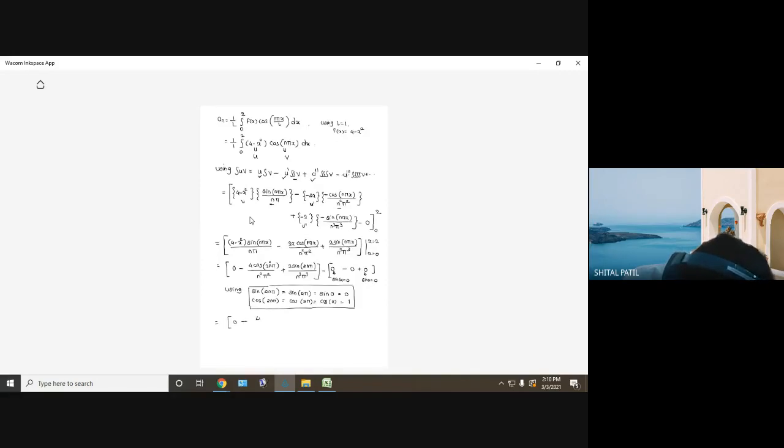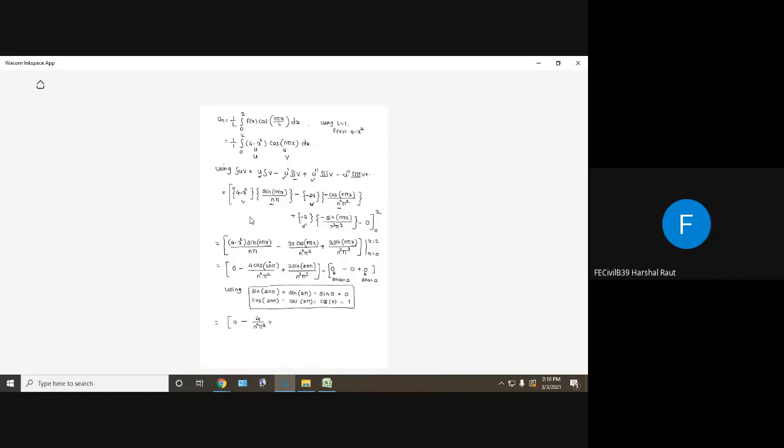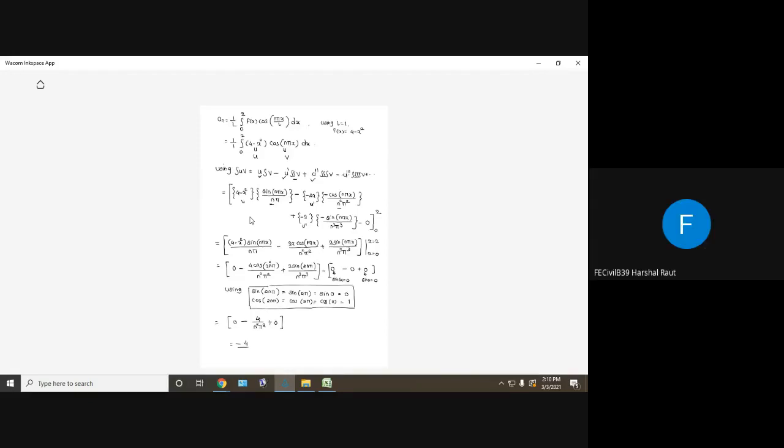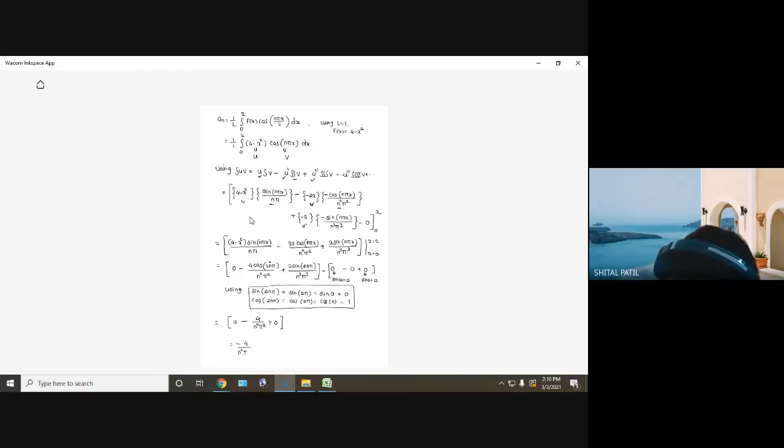Next term minus 4 divided by n square pi square. Next term sine of n pi 0, which is 0. So what is remaining ultimately? Minus minus 4 divided by n square pi square, that is 4 divided by n square pi square. This is the value of